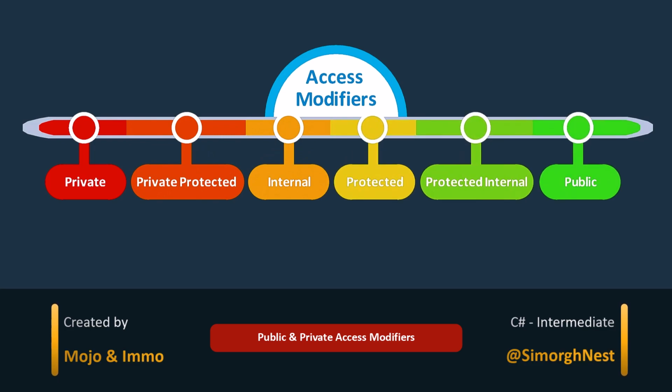There are 6 access modifiers available to control the accessibility of these types and members. Access modifiers in C# offer different levels of access and visibility, allowing us to control how our classes and objects behave. In simple terms, access modifiers let us determine which parts of the code can access specific types or members and which cannot.